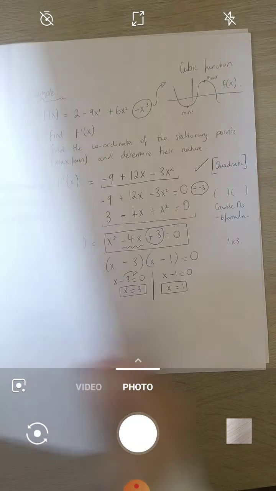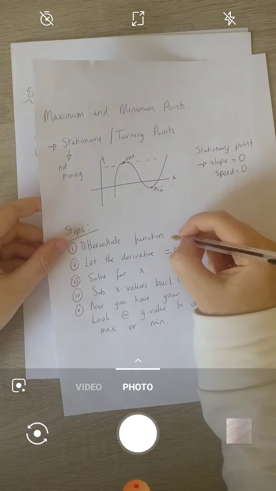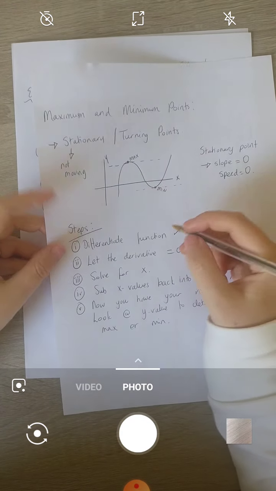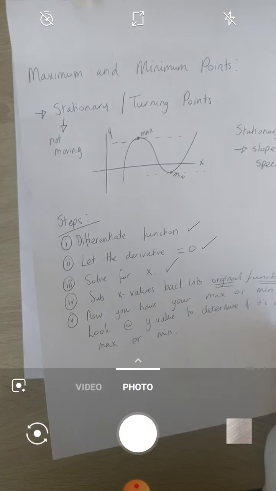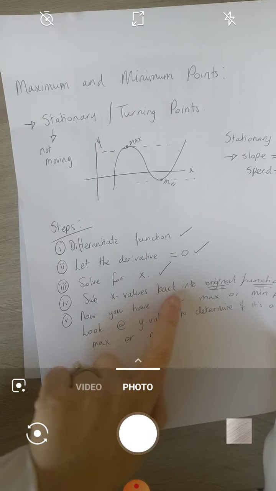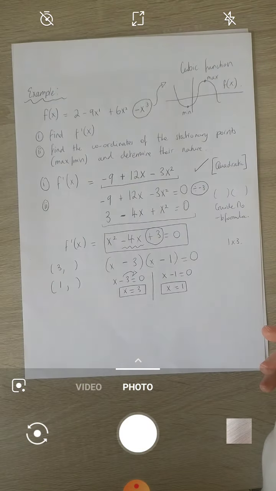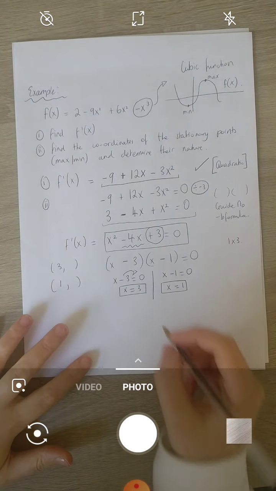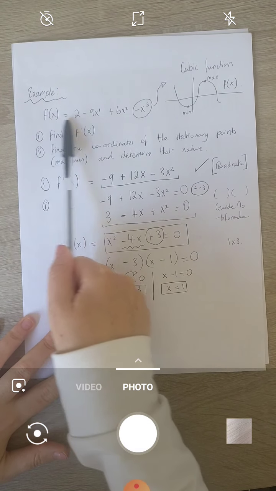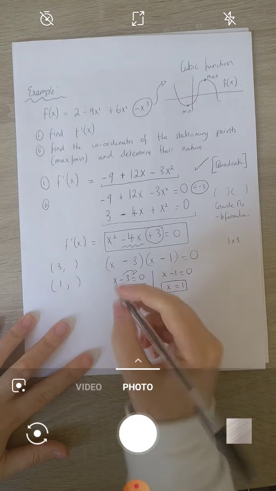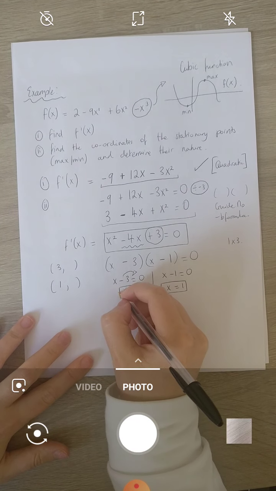Now our next step, okay, so we've now differentiated the function. We have let the derivative equal 0 and we've solved for x. We found our two x values. So our next step is to sub the x values back into the original. And as I said, this is a really common mistake. So the original is the function before it was differentiated. So we now need to sub in x equals 3